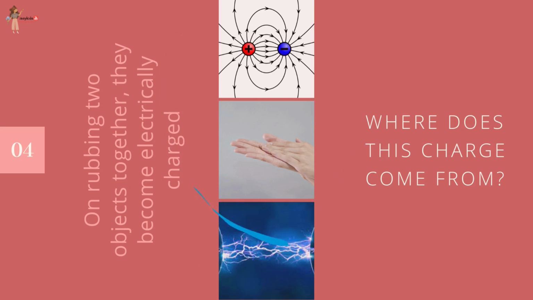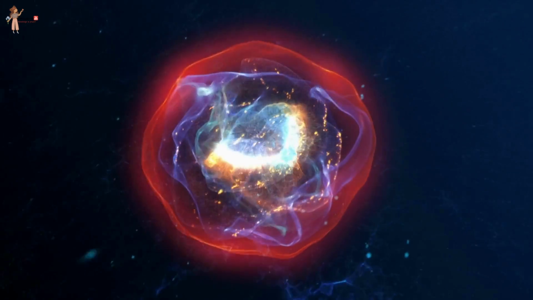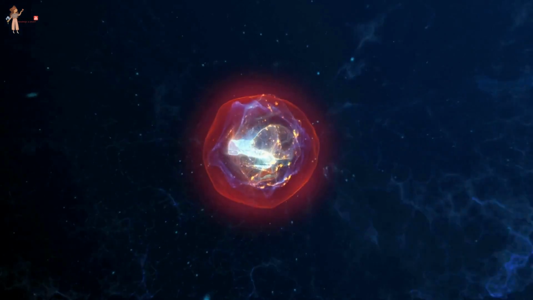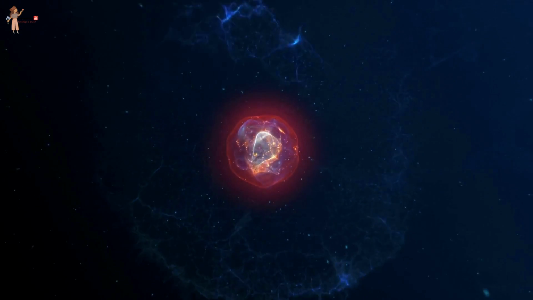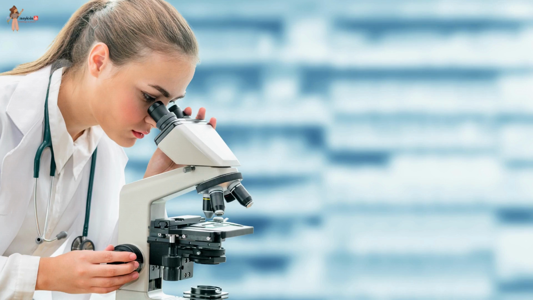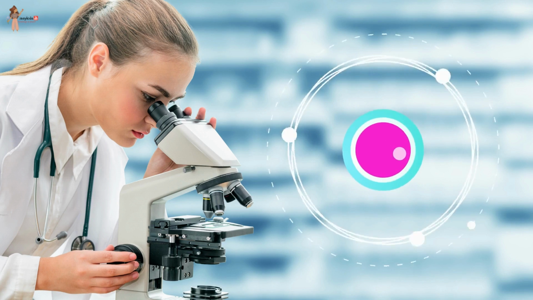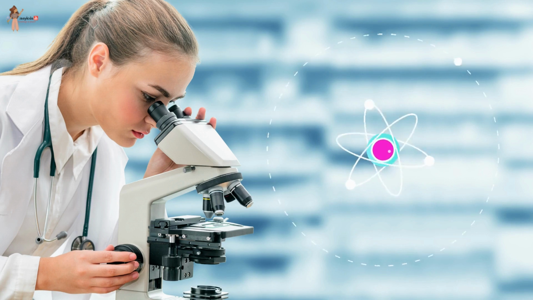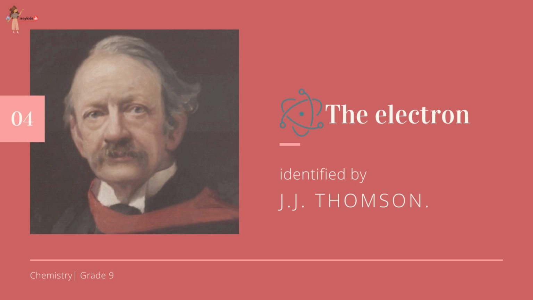Where does this charge come from? This question can be answered by knowing that an atom is divisible and consists of charged particles. Many scientists contributed in revealing the presence of charged particles in an atom. It was known by 1900 that the atom was not an indivisible particle but contained at least one subatomic particle,